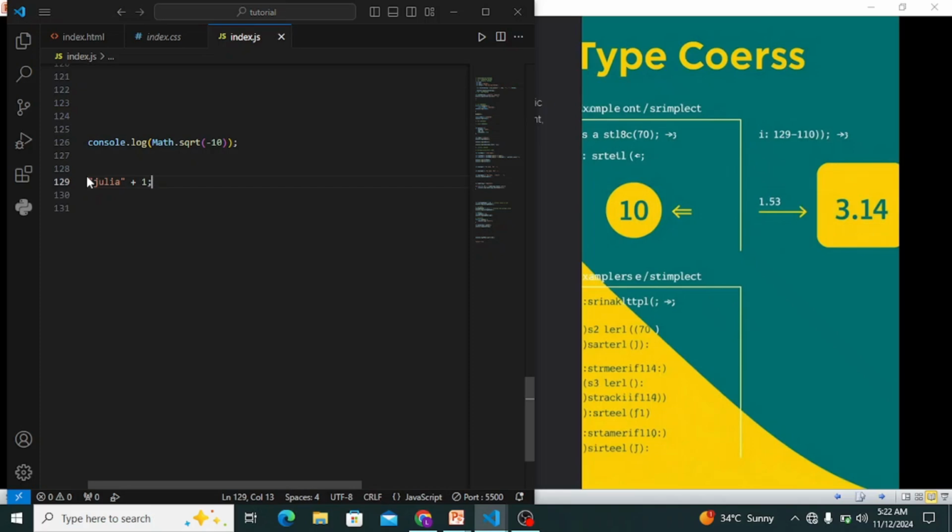You hear me saying concatenation. If you use this plus operand here, it will not give you an error, but it will give you Julia 1. That's because of what JavaScript actually does. What happens with the plus operator is that JavaScript will convert this number 1 into a string 1. That means it has now become Julia